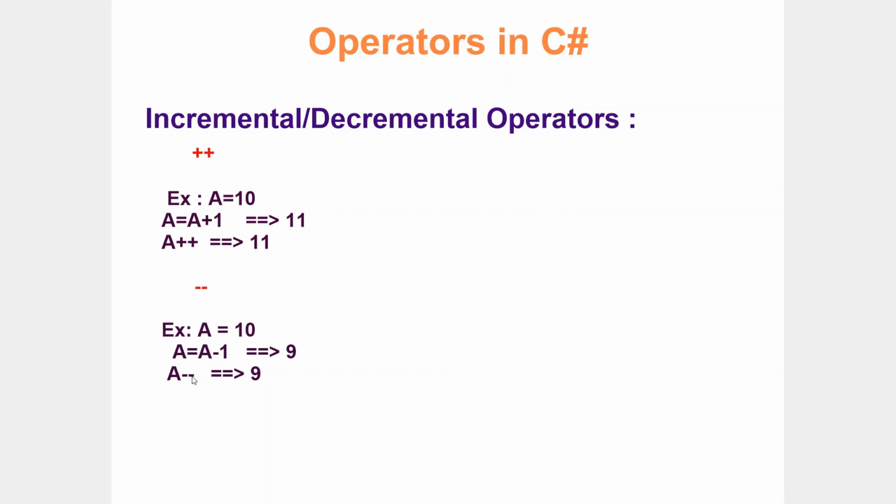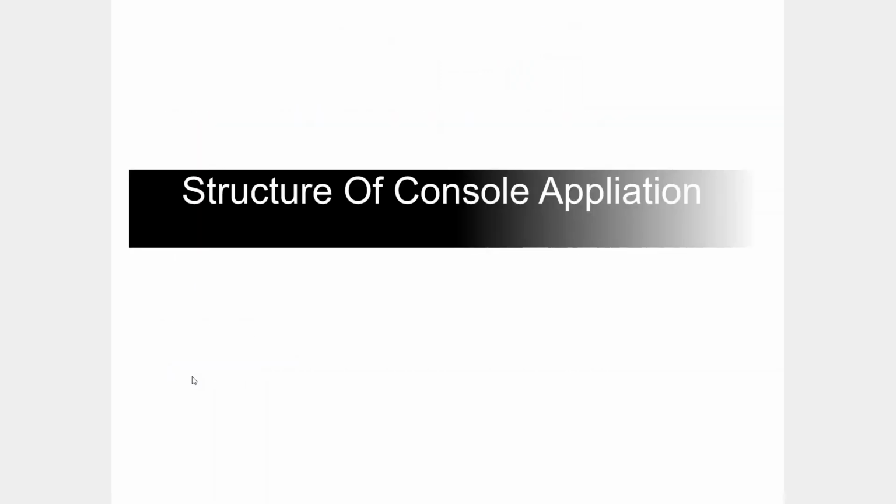Okay, good. So we have covered almost all basics in C#. Now let's start building some basic examples in C#. So let's start learning how to build a simple example in C#. As I said, we are going to learn all C# concepts under the console environment.